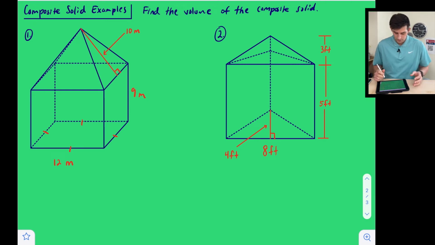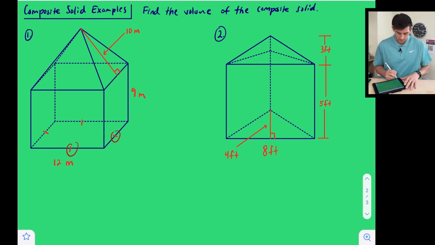So for number one, notice we have a cube on the bottom. How do we know it's a cube? Well, not a cube, but we do have a square base, right? It's not a cube because this right here is not 12, but we do have a square base. And so now we want to find the volume of our, I guess we could call it a rectangular prism, and then the volume of our pyramid that is stacked on top